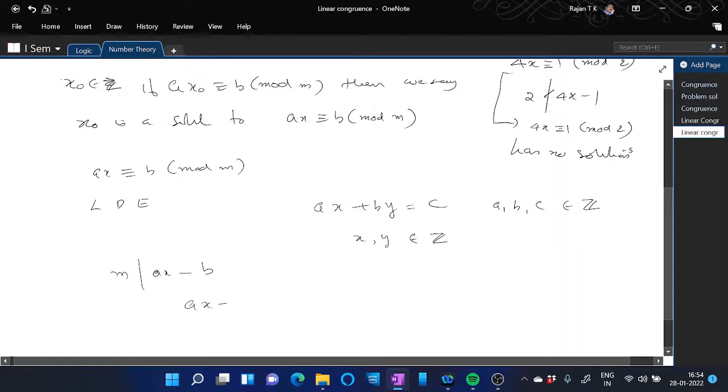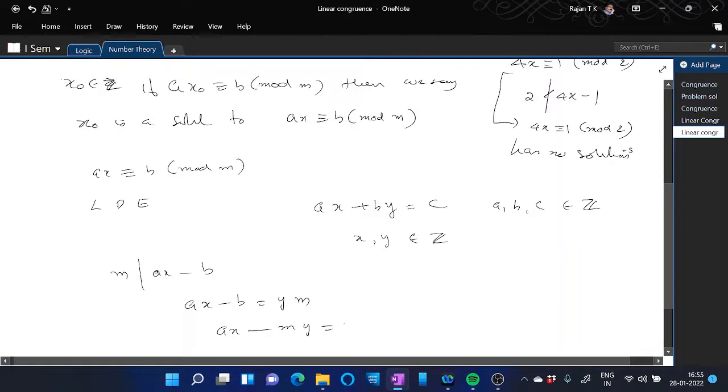That is, ax minus b is a multiple of m. Usually we write km, but here we are writing ym since x is an unknown here. So we should bring another unknown. So ax minus b is equal to ym, or in other words, you can write ax minus my